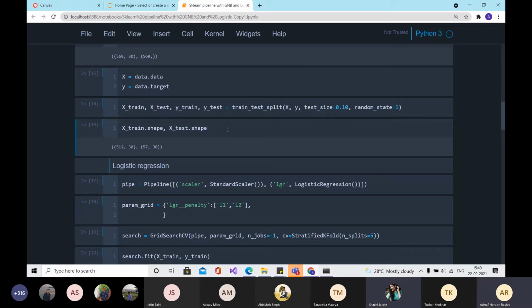Train shape is 51. Yes, sir, this only is coming, what you're showing on the screen. Yeah. Are all of you getting the same thing, right? Or is somebody having any issues with this particular piece of code?